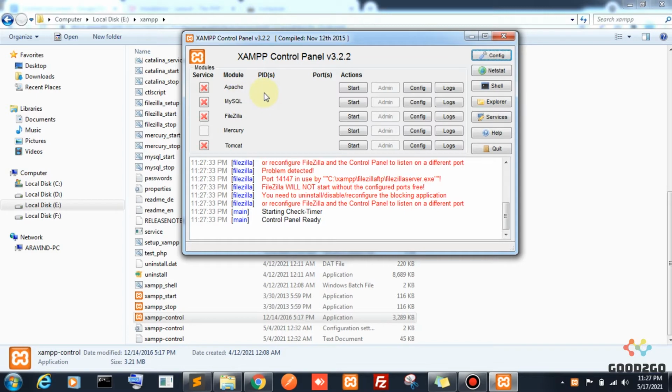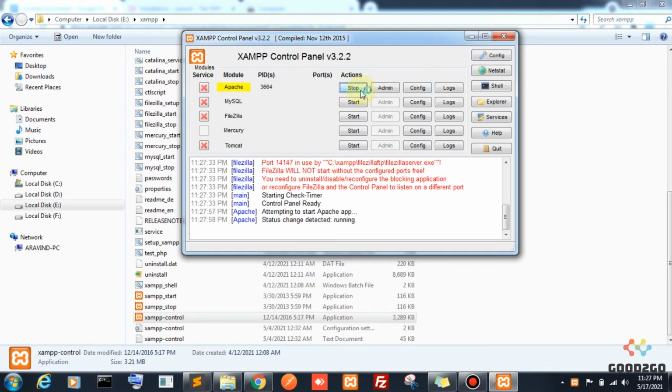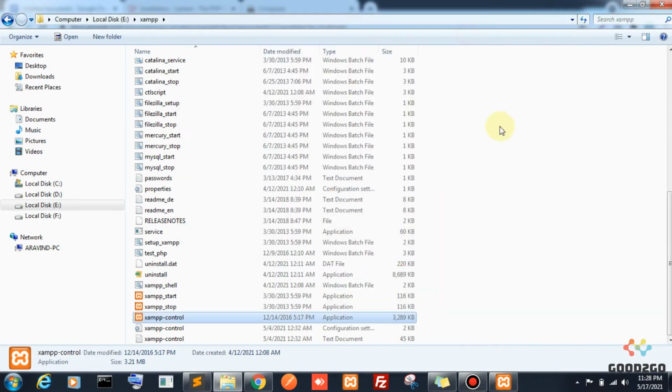Right now we are not going to integrate any database, so I am just starting Apache. Tomcat is the server name, Apache is the company name. So I started Apache. Status changed, detected running. Apache is running on ports 80 and 443. These are all the ports of the Apache server.